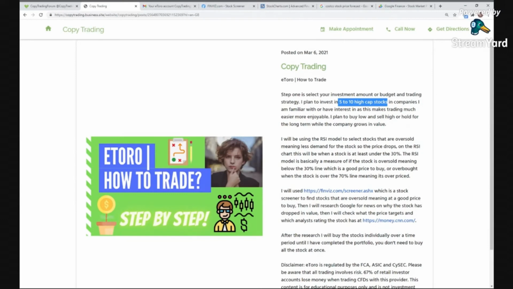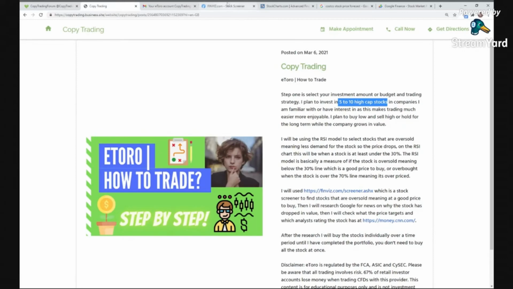So 150 maybe today, and I'll check the stock to see if it's going to go up or down, and then I'll buy it maybe 2 or 3 days later to see if the price is even better. So I'm even spreading the risk within each stock, because I'm going to be buying it at two times. But I'll show you that now. So to start off, we go to